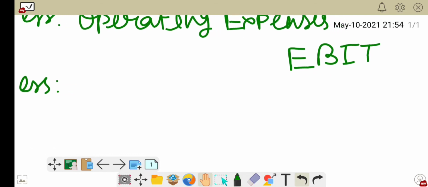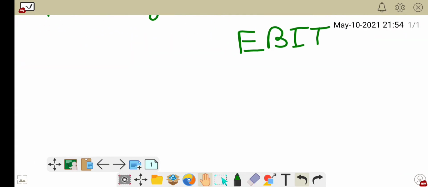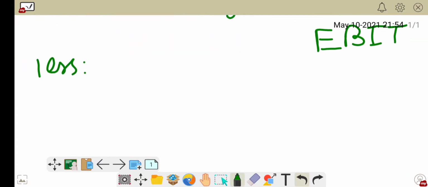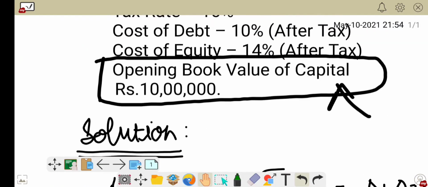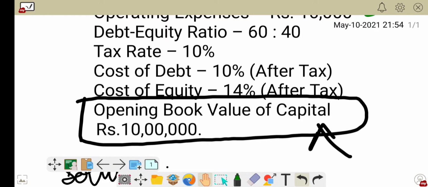Okay. Operating expenses, EBIT. From EBIT we will deduct interest on borrowed capital. Is there any interest on borrowed capital written? Yes, cost of debt is given here, and cost of equity is also given. So we'll write it down like that. That will be interest on borrowed capital, but for cost of equity, that amount is not given in our question.